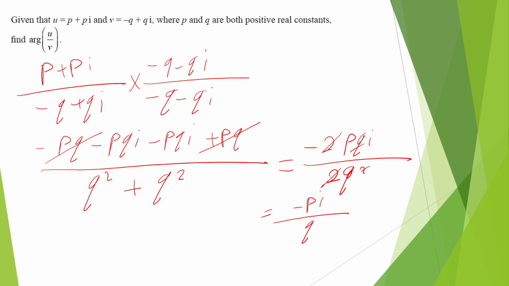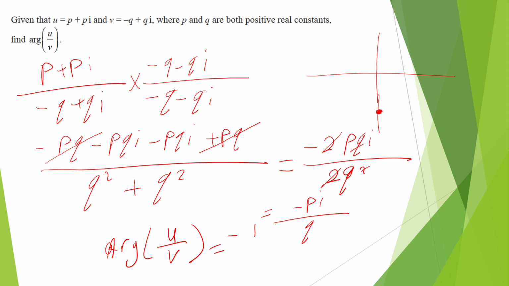So negative pi over q, that means it's an imaginary component, and it's a negative imaginary component, so definitely would be on the negative. So the arg for that, either you will take it as clockwise, so it will be a negative. So the arg for u over v, you either do anti-clockwise, clockwise, so it's negative, so negative pi over 2, which is 90, or you would say the arg for u